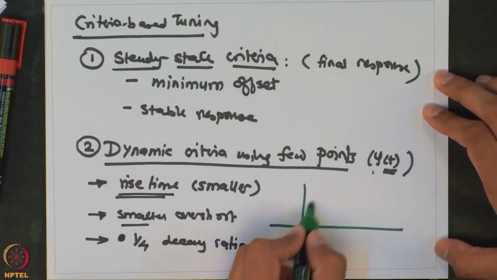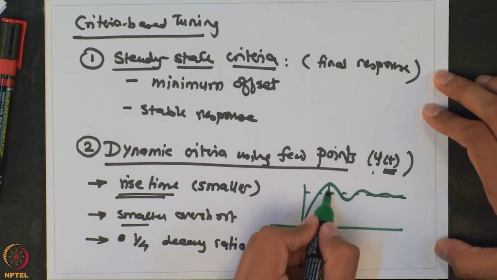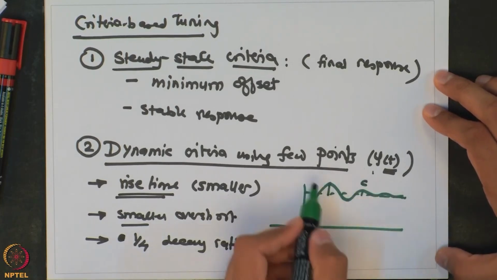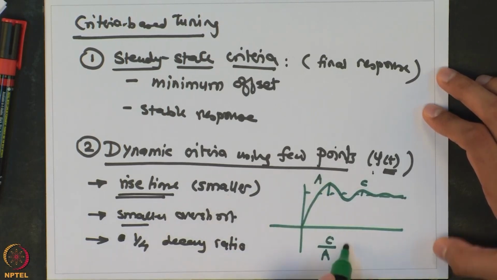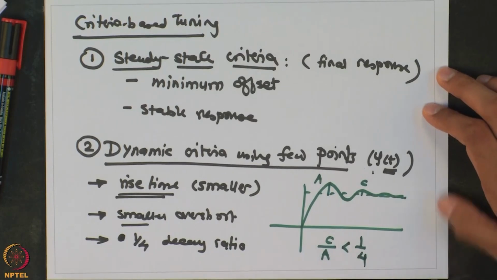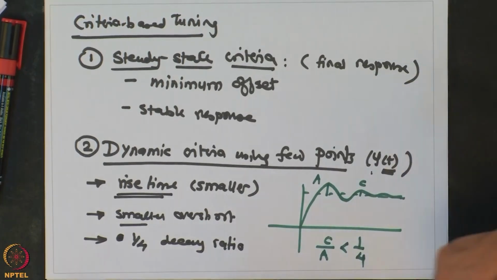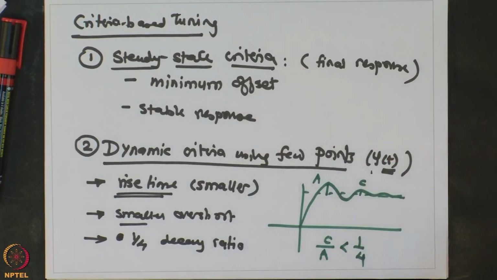If this is the response of a controller, then you would want that the C over A should be less than 1/4. So you can see that if this is my criteria, and we have already seen that